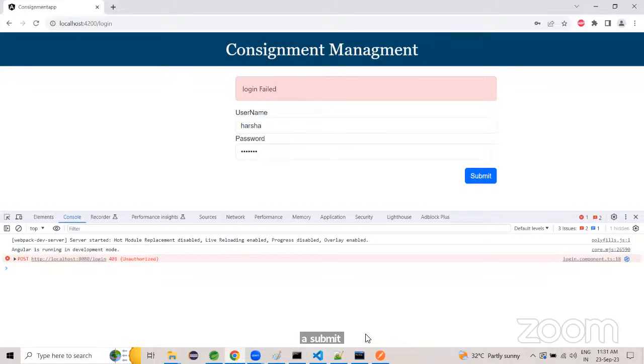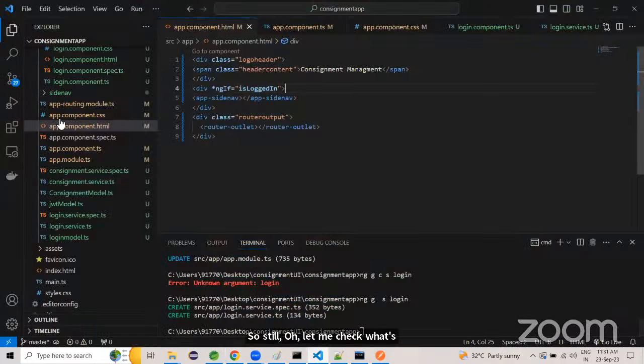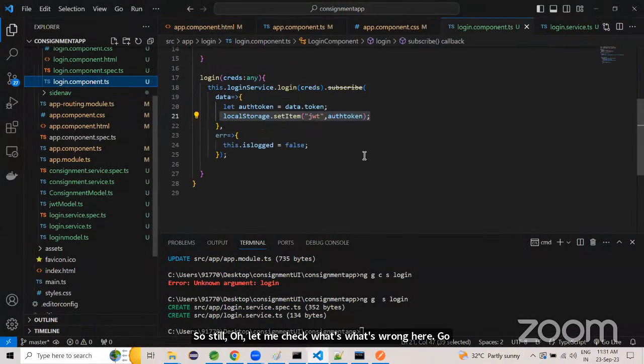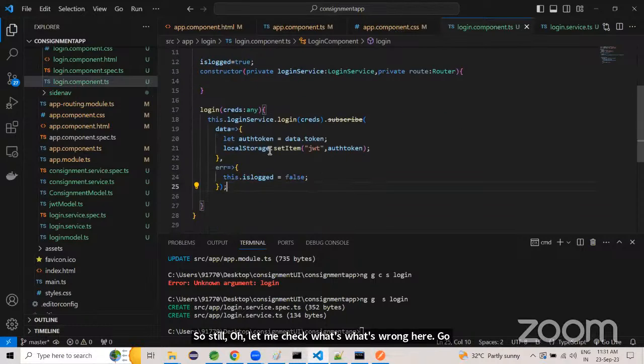So still unauthorized. Let me check what's wrong here. Go to the login component.ts, local storage. Basically what we are doing is we are logging in, but we are not doing anything. In local storage, you got a token. So if you just check